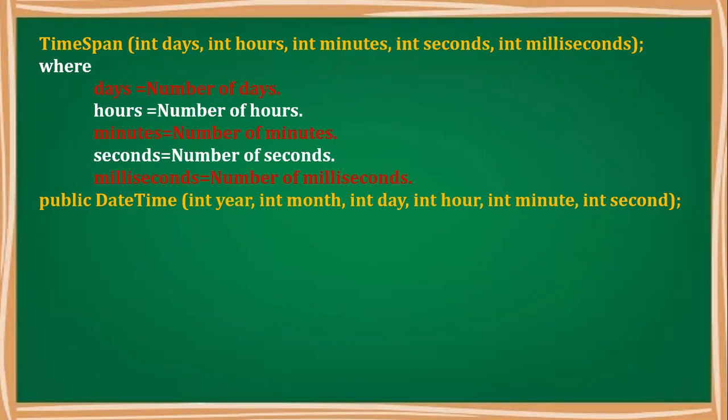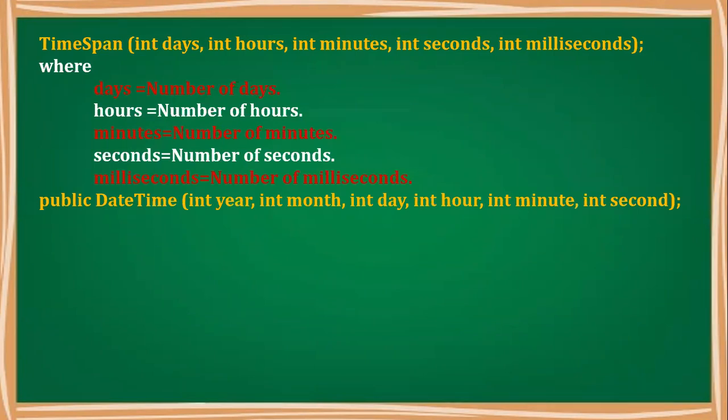Let us concentrate on our next class, date time. Here it also accepts all the parameters in integer format, but a little bit more. It gives you first the integer year, month, and day. Year, month, and day, you can know the hierarchy. Then obviously after day it is going to accept the parameters hour, then minute, and then second. So you can find out the difference.